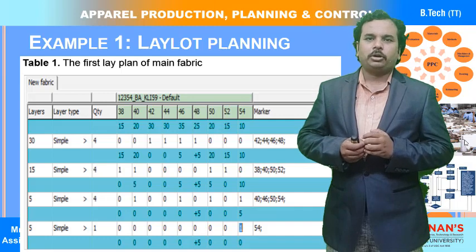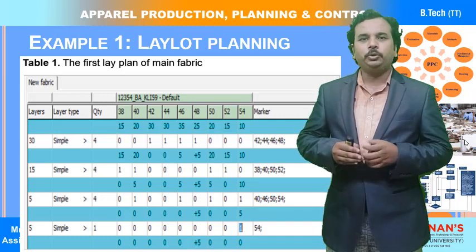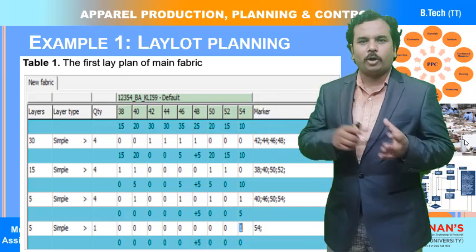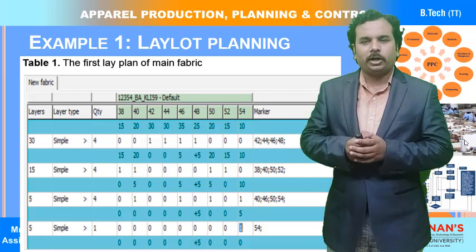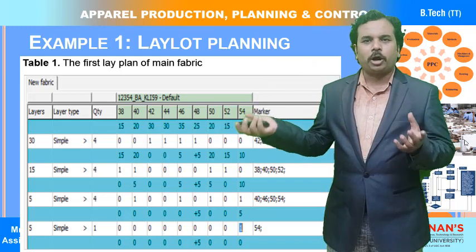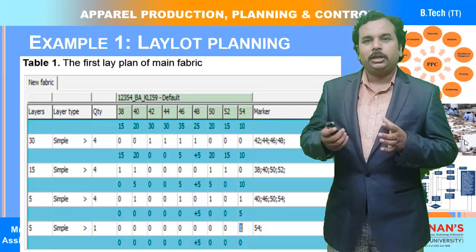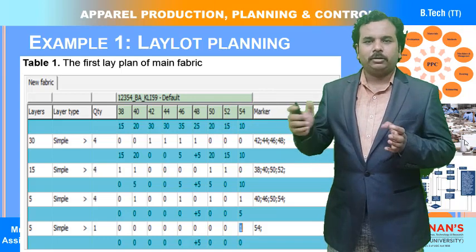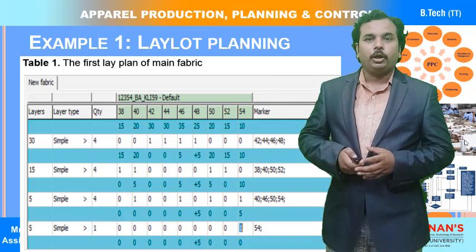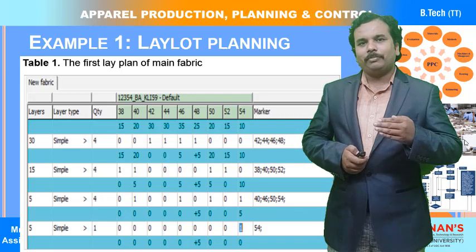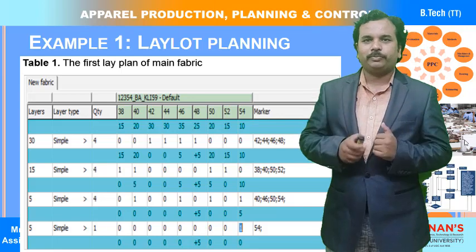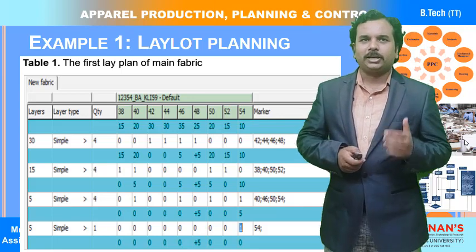It is not the case that the marker prepared by you will be completely the same as one prepared by someone else, even if you consider the same ordered quantities. They should not be the same, because the idea of planning or preparing the markers differs from man to man. So that is why I am going to give you the same ordered quantities and show how we can plan A and plan B. You can see one of the examples here.